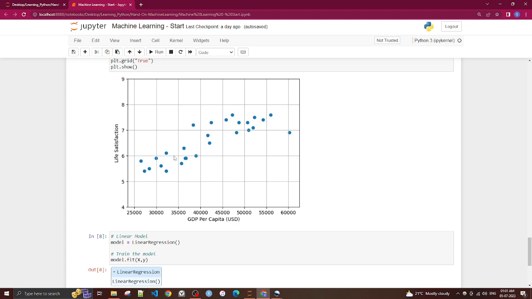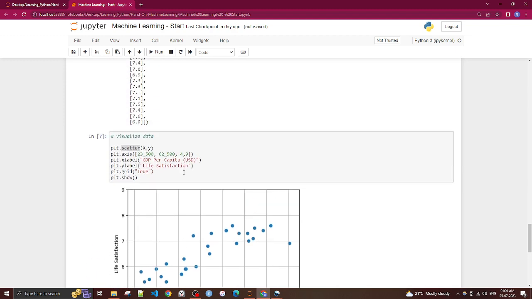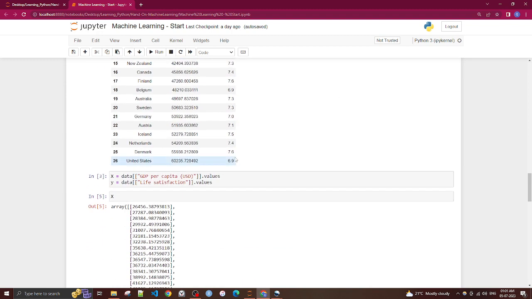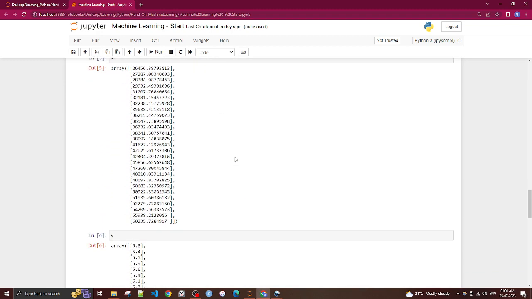Is this correct? Maybe or maybe not, because we are not giving more parameters here. We are just using two parameters, GDP and life satisfaction, and trying to get some output. In this scenario, if we have to use only two, it's correct. But in real life there should be more parameters, and we'll see. It can be population, the portion of GDP spent on education, air quality, and a lot of parameters before we come up with life satisfaction. That's just to give you a hint of what's coming next.